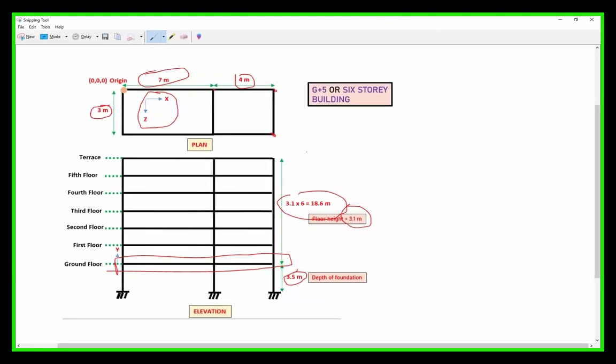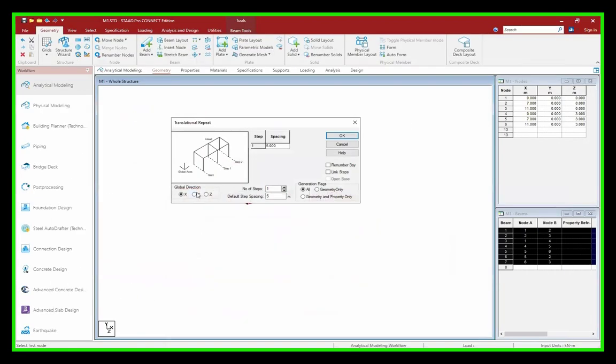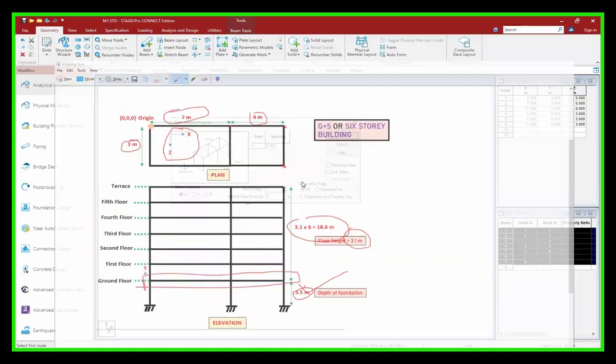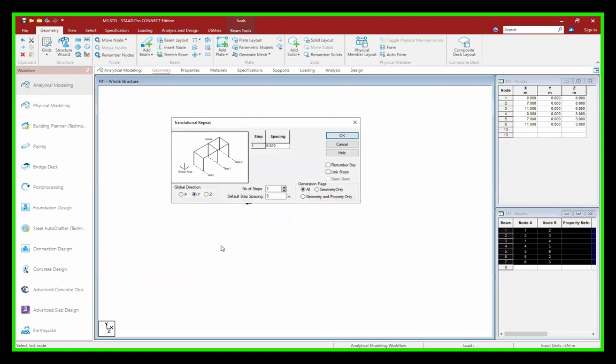Translation repeat means I want to repeat the same geometry at how many levels? 1, 2, 3, 4, 5, 6. 6 levels at floor to floor distance is 3.1 meter. So simply I want to repeat the same in what direction? Y direction, right? Why? Because the plan we have created is at this level, right? This is the level we have created. So simply click on Y.